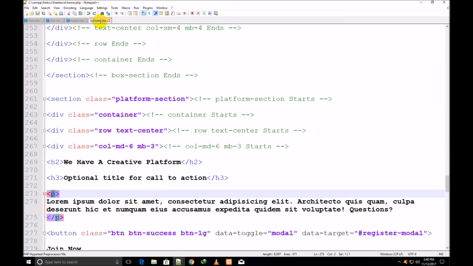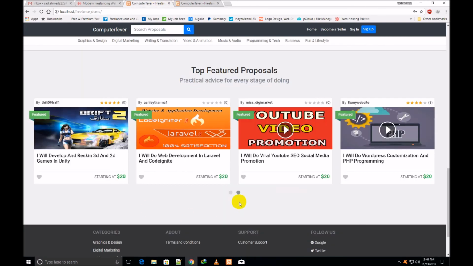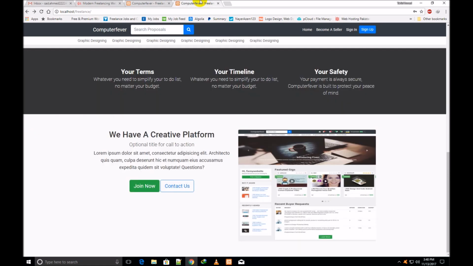So now I go back to my home page. This is the home.php, and I shall start working over this section to show over this page. This is the page which is being made, and this carousel. First I shall show this text, and then down these images, and this carousel will be shown right under this platform section. But I think this video has been made long enough, so I shall come back in next video to show